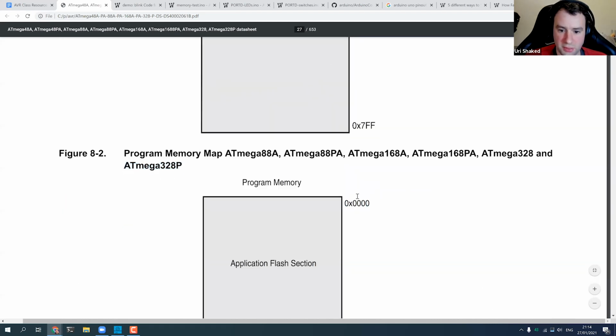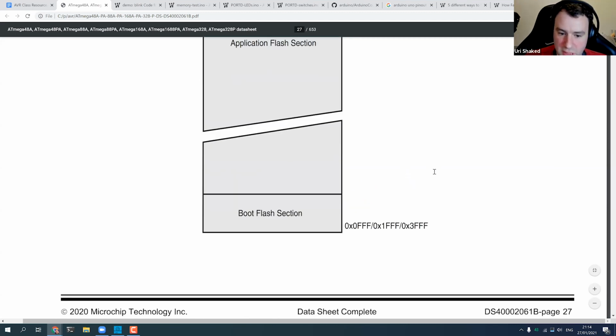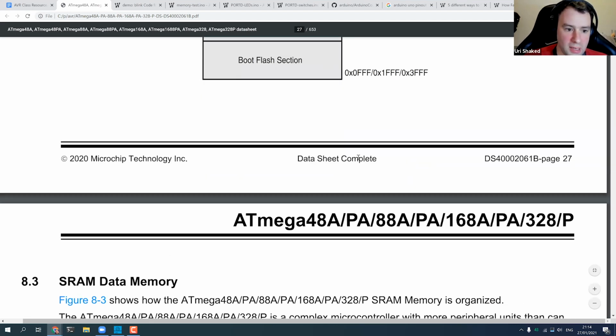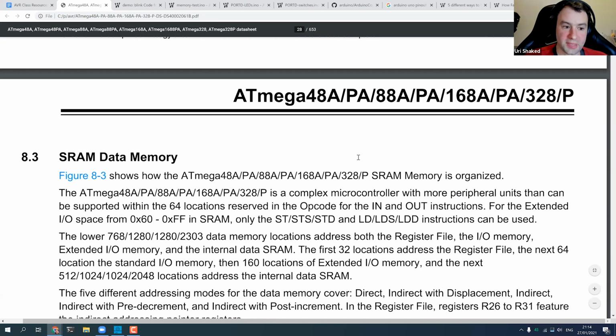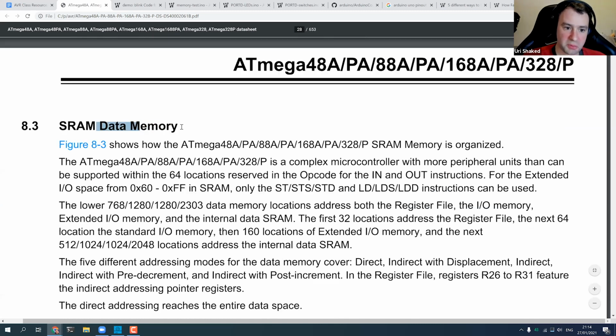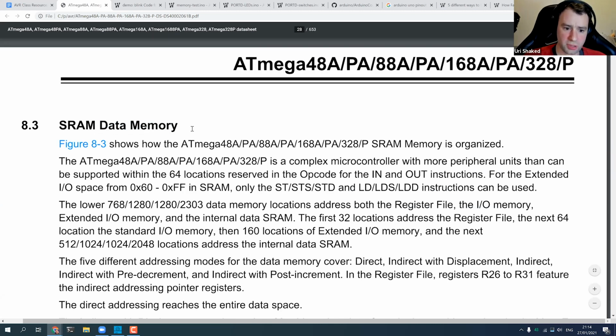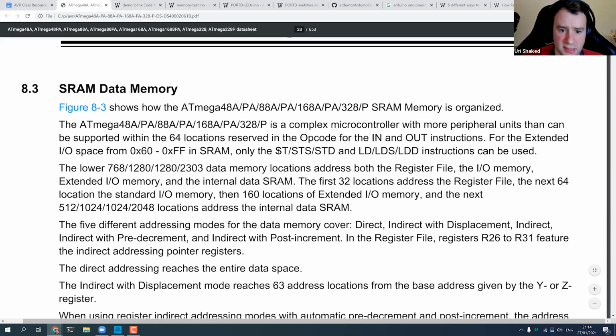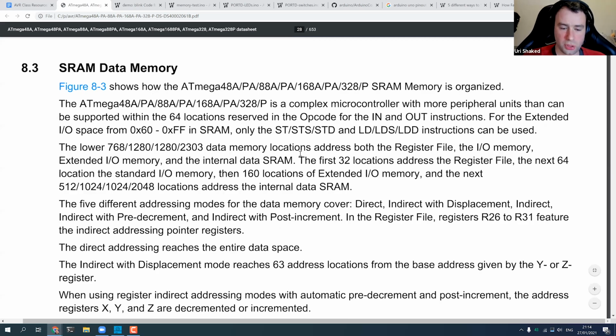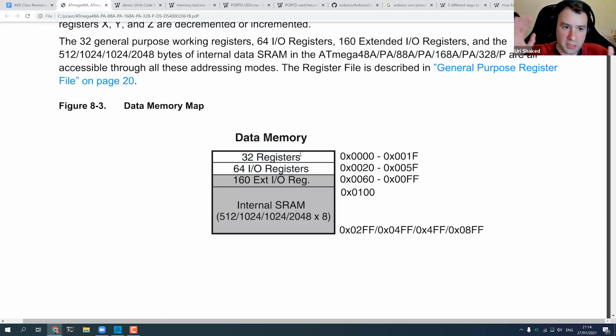This is the start address, and this is the end address. But if we check out the second address space, the data memory, it's actually a bit more interesting. And we can see that it has a few sections. So the program memory is pretty simple, one address space with the code of the program from the flash.